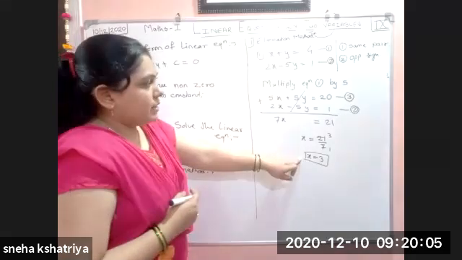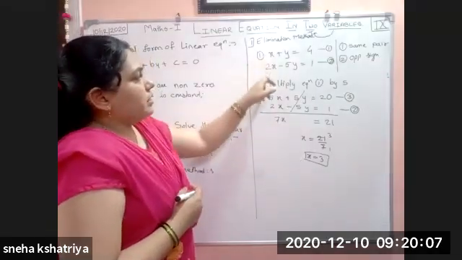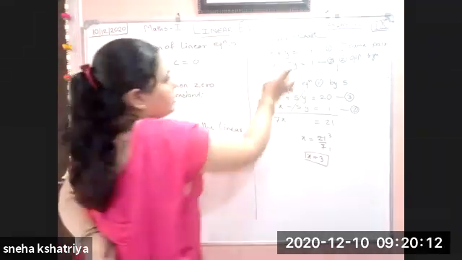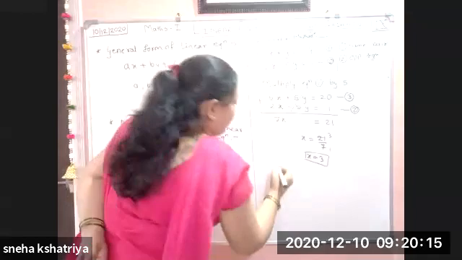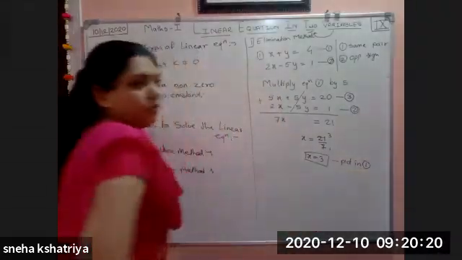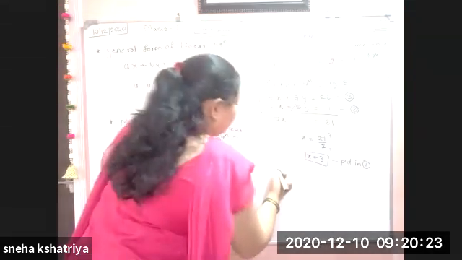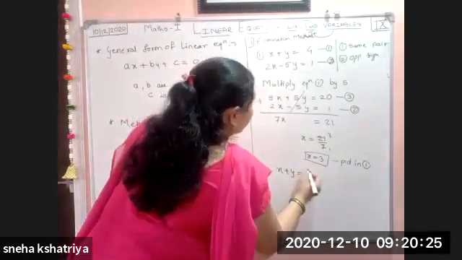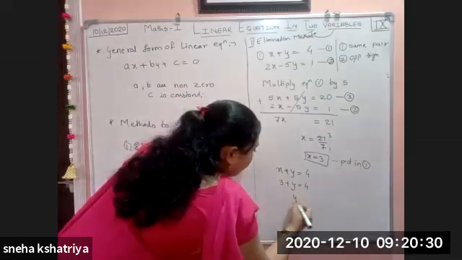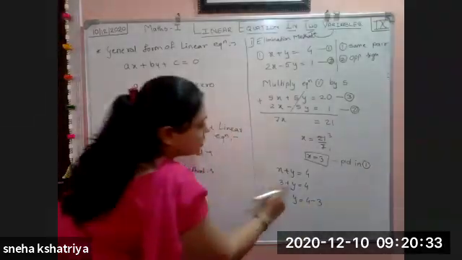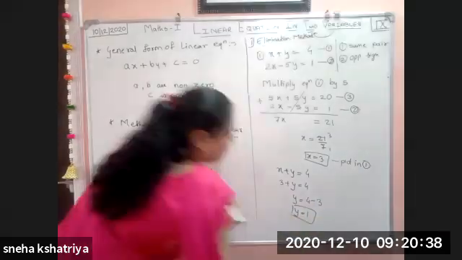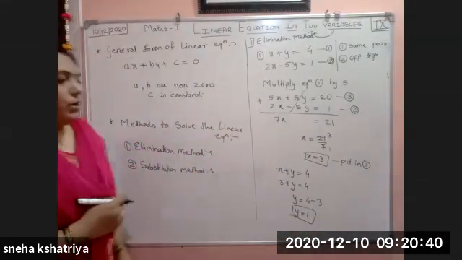Now this value of x is equal to 3, put in any one equation, and you will get the value of y. This one is easier, so we will put it here. Put in equation 1. So putting in equation 1, what do we get? x plus y is equal to 4. So this is 3 plus y is equal to 4. y is equal to 4 minus 3, 3 shifted there. 4 minus 3, how much? y is equal to 1. So you get y is equal to 1.